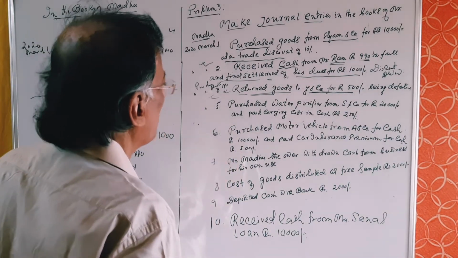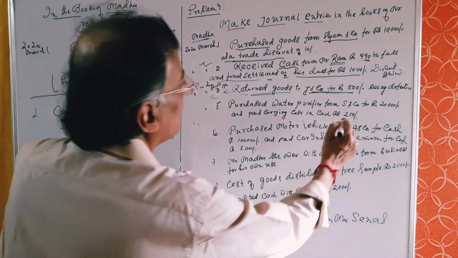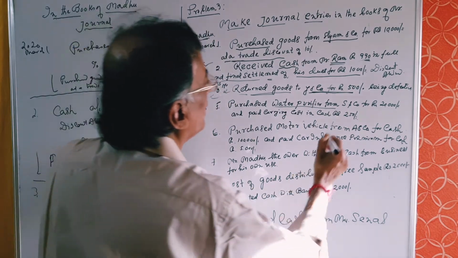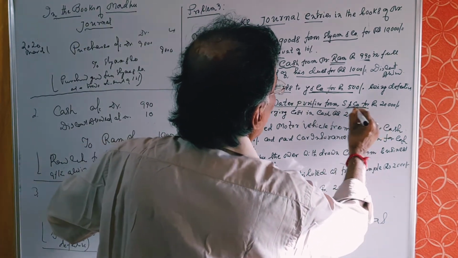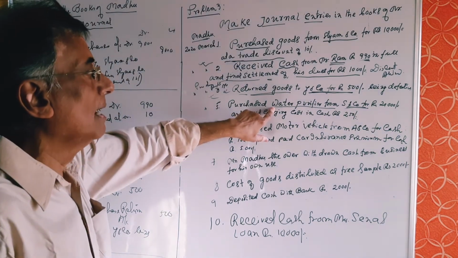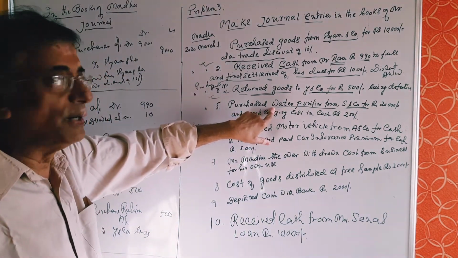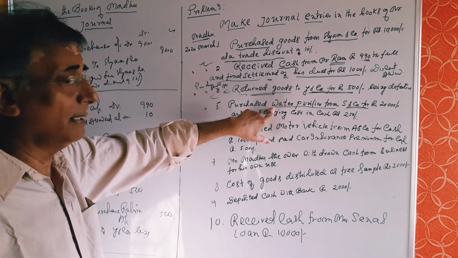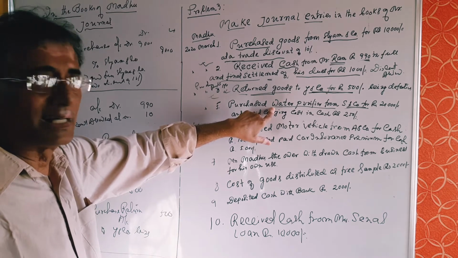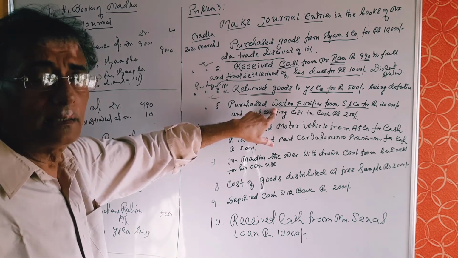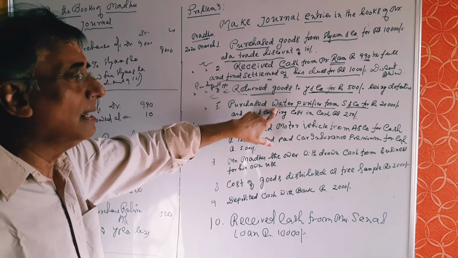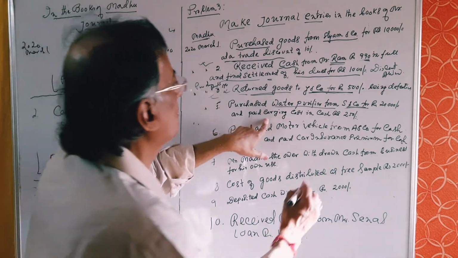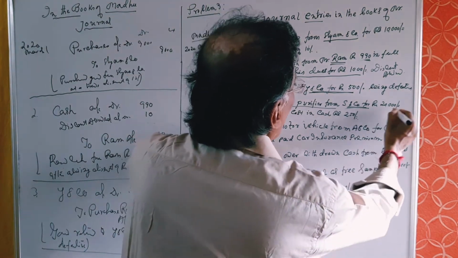The next item is purchased water purifier from AS and Company, rupees. So what are the two accounts involved in this transaction? Water purifier and AS and Company. Water purifier is an asset and it goes under the head office equipment. And what is the golden rule of real account? What comes in is debit, and what goes out is credit. So water purifier account, that is office equipment account, will be debited. And AS and Company is giving benefit. No, we are purchasing it for cash. So cash account.